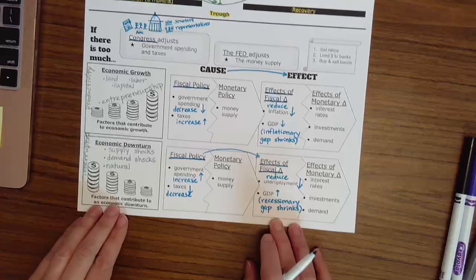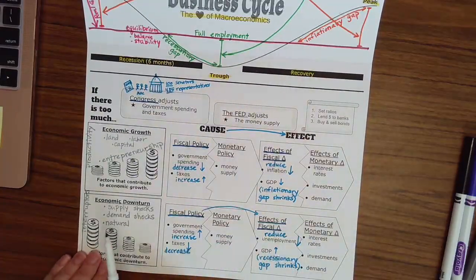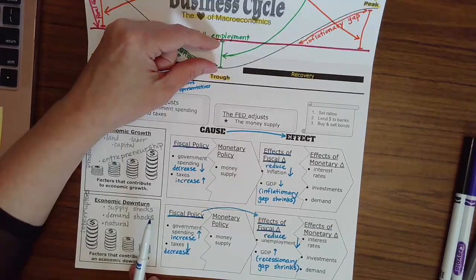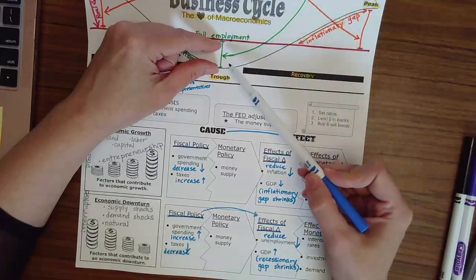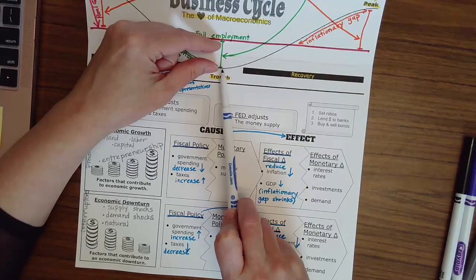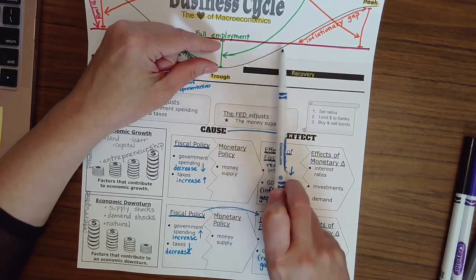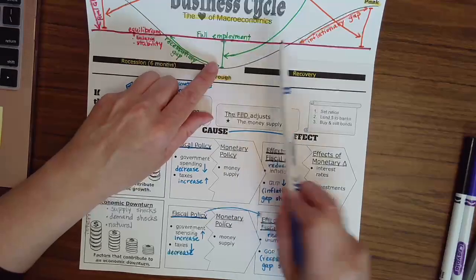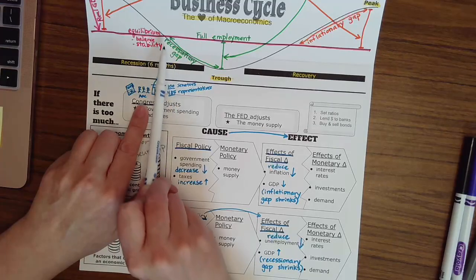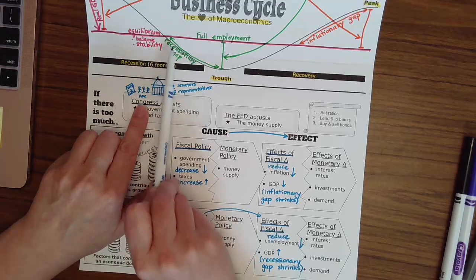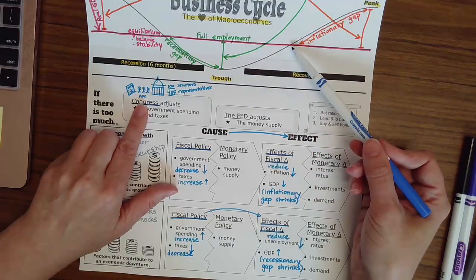When we look at our business cycle, we're down here in our trough and we really want to get to our equilibrium point. Then the government can increase their spending and decrease taxes, and people start spending more. People have jobs. We're going to get to full employment and close this recessionary gap that started opening when we started getting more and more unemployment. Okay, so that's how we're going to get out of an economic downturn.